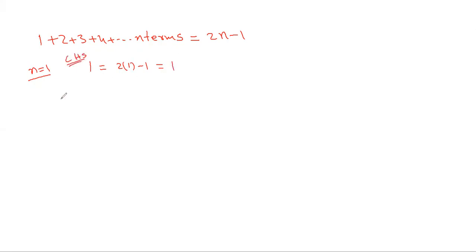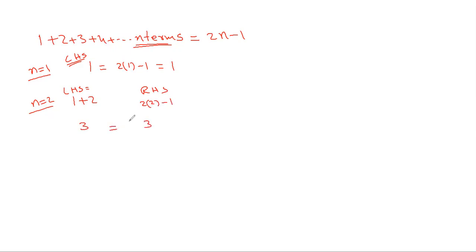Isn't it false, because if you use 2 then there'll be a problem? No. For 2 also I am not getting any problem. For 2, it is the sum of two terms, the sum of n terms. So it's 1 plus 2. LHS is equal to 1 plus 2 and RHS equals 2 times 2 minus 1. So 3 equals 3.